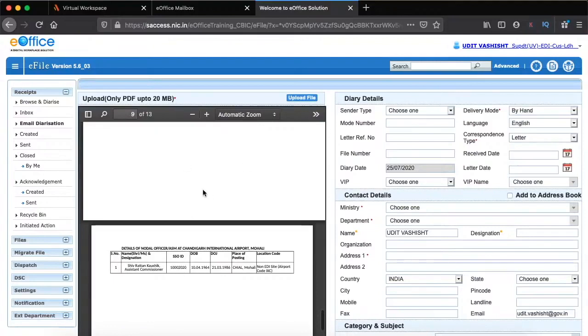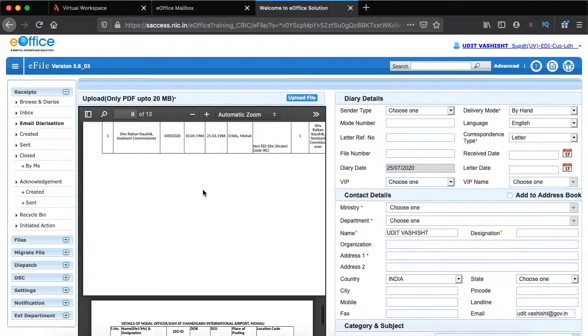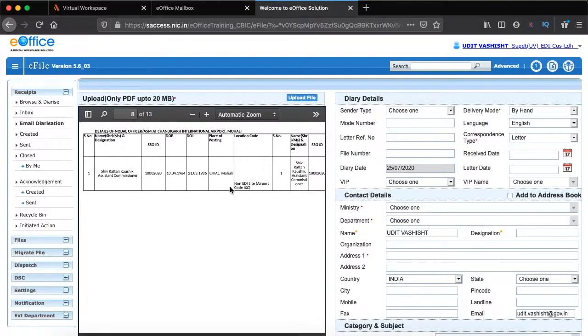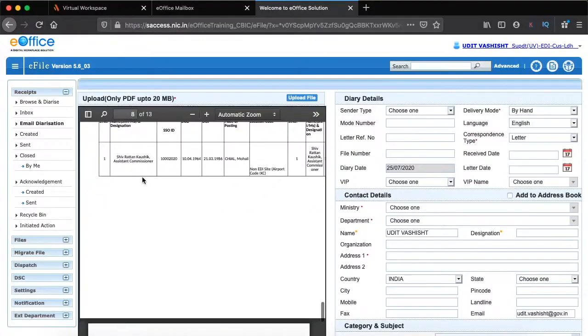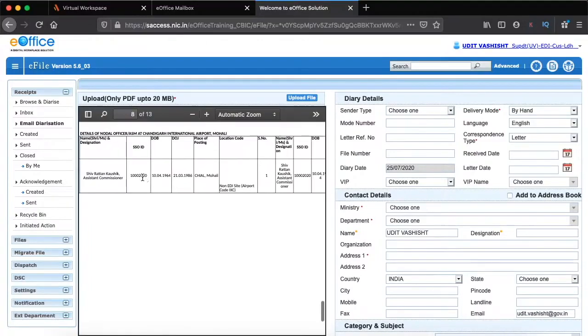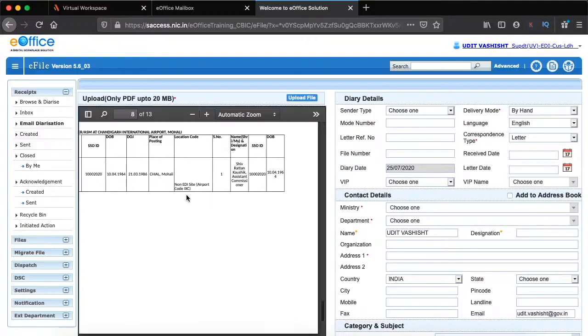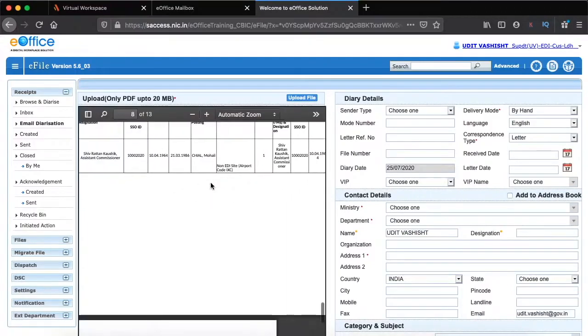One thing you must note while diarizing an Excel sheet is that if it is not properly formatted, then it would come into two pages. In my case, I have correctly formatted my Excel sheets. By format, I mean that if I would have taken the printout of my Excel sheet, it would have come into a landscape format and only on one page. And if your Excel sheet is not properly formatted, then you should prefer to use the other method of diarizing. Like you can convert it into a PDF first and then use browse and diarize to diary it.